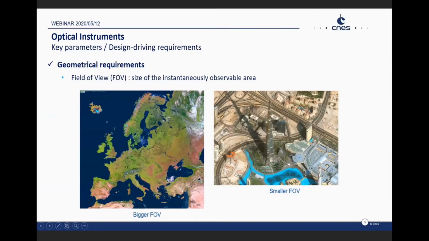I will now turn to the field of view. The field of view accessible from space can be very large. According to the need, a compromise has to be found between field of view and resolution. You can't have both for the same price. For observing climate change, for example, the scale of phenomena on the Earth is not the same as the details you want for precise imagery. So the sizes of the total area are very different. You have to fix the right value.